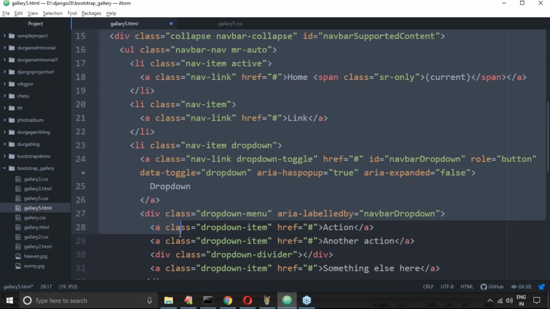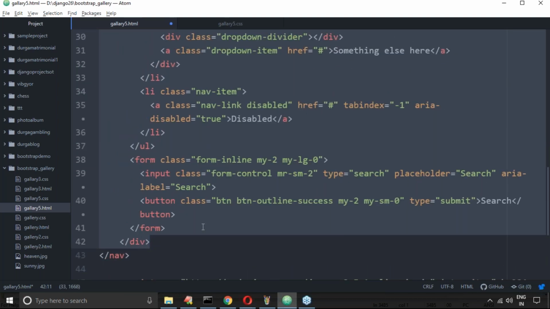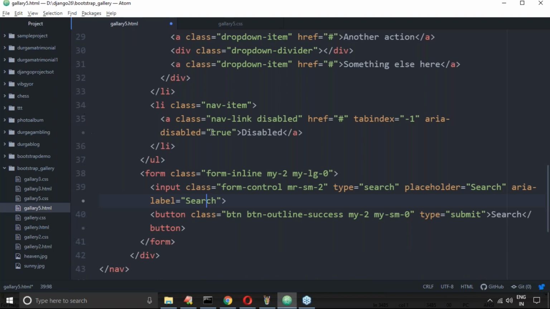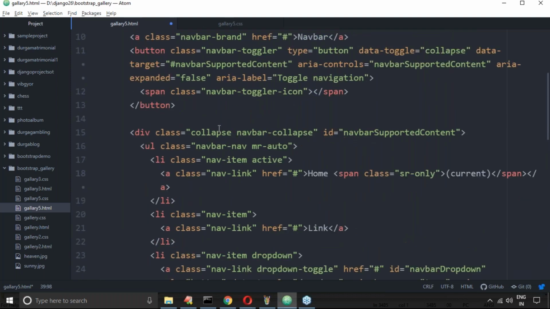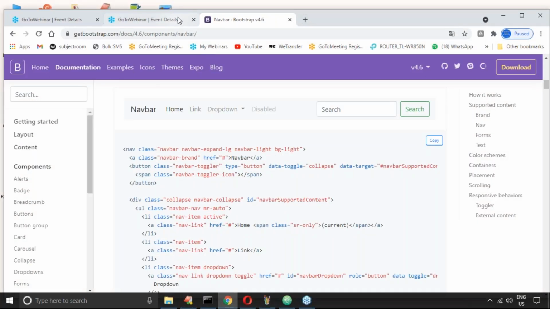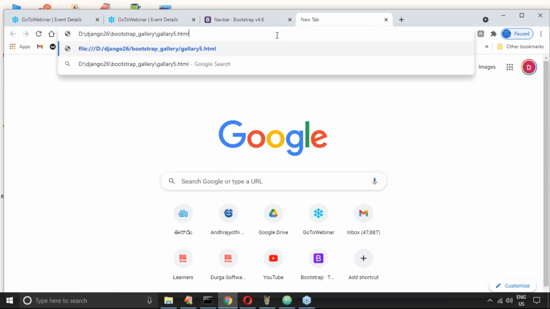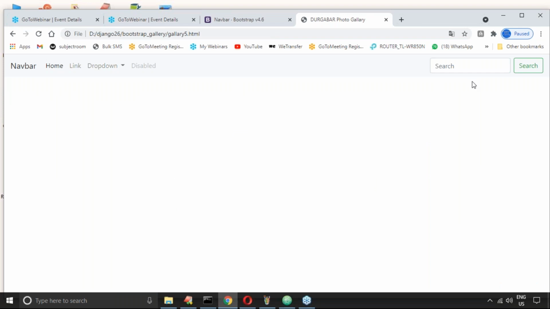Inside the navbar, let me move all these things a bit. Is the navbar coming or not? One minute. Yeah, the navbar is coming.